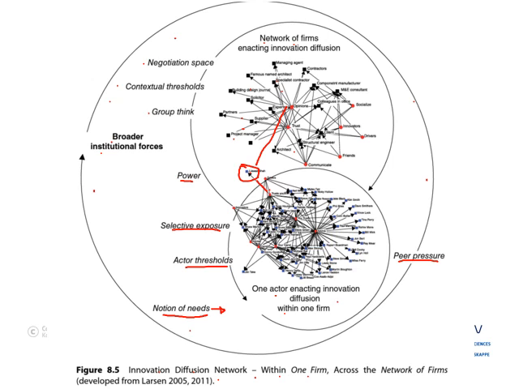Okay, so just to close off, you guys will have to be able to draw this little diagram and explain to me what the negotiations of space is, the contextual threshold, and the group think of how this network or group actually influences individual actors or friends and communication. So this is quite important, that you know this diagram and are able to draw it, but don't worry too much about the extensive connections there.